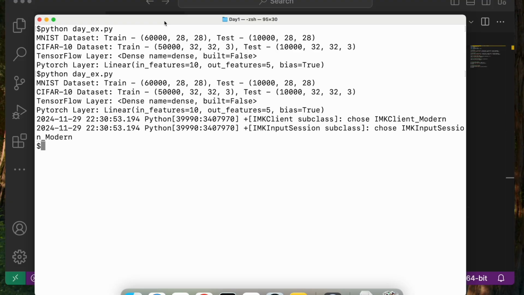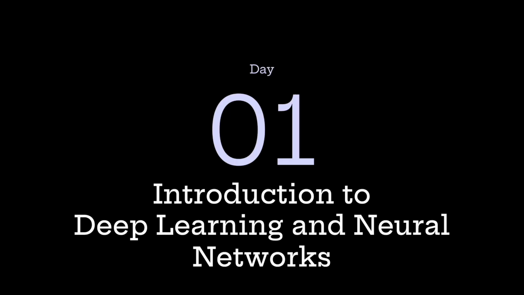So just to summarize today, we understood some of the core differences between machine learning and deep learning and how deep learning belongs to machine learning. We learned the structure and components of artificial neural networks, or ANNs. We gained insight into the wide-ranging applications of deep learning across different domains, and we developed some foundational skills to explore datasets and set up a deep learning environment.